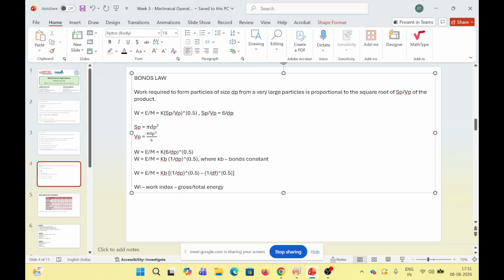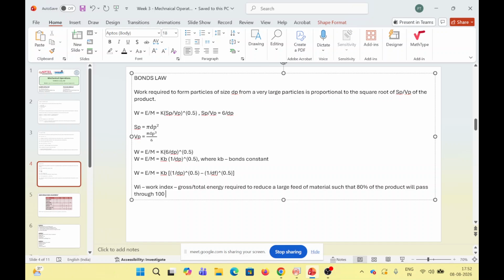So the work index is the gross or total energy required to reduce a large feed of material such that 80% of the product will pass through